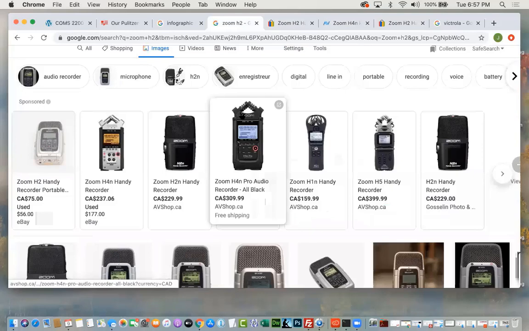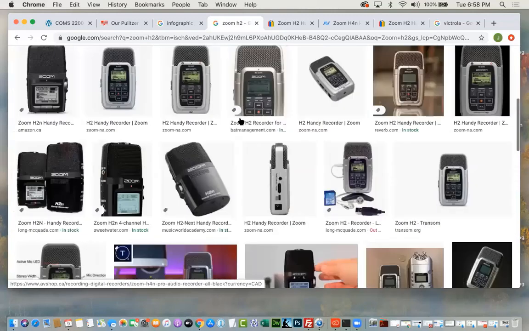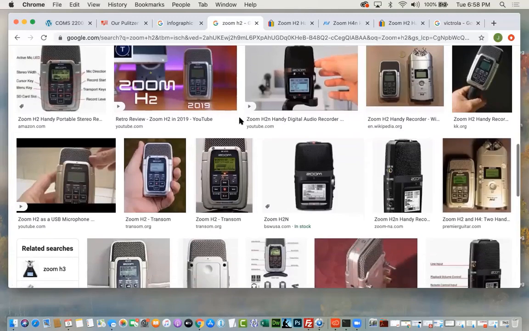Yes, Harry's right. Compared to a microphone with a regular jack, these things are complex because they're software. They're the computer too. The computer's built into this thing. So you can record in 4 channels, 2 channels, mono. You can record to MP3s or uncompressed audio. You can do anything you need to do with that thing without a computer. And that's the really cool thing. But compared to just having a couple of microphones and a computer, this could be more difficult.